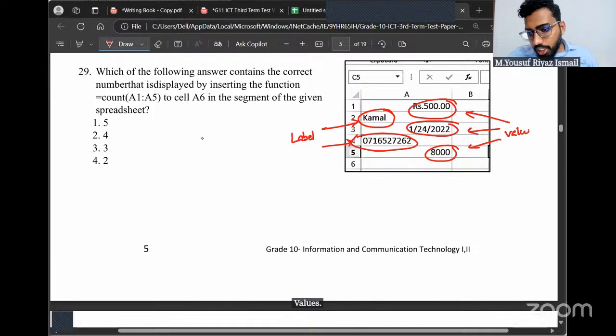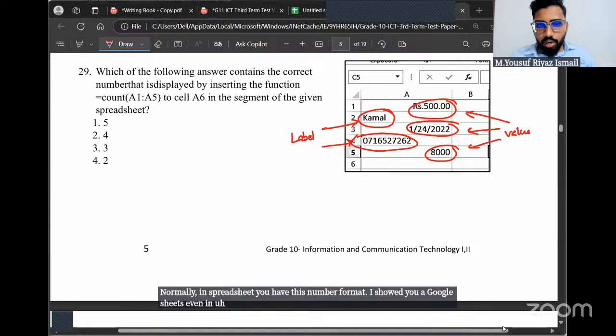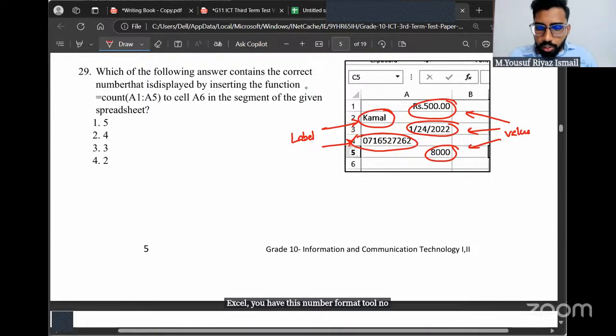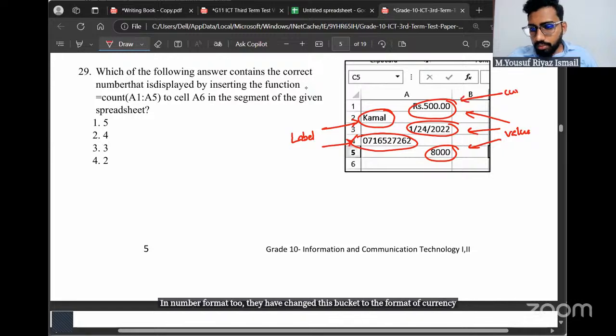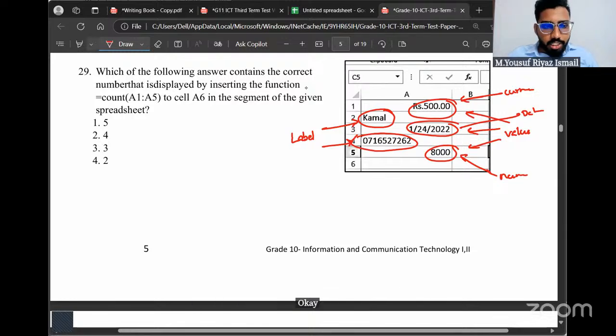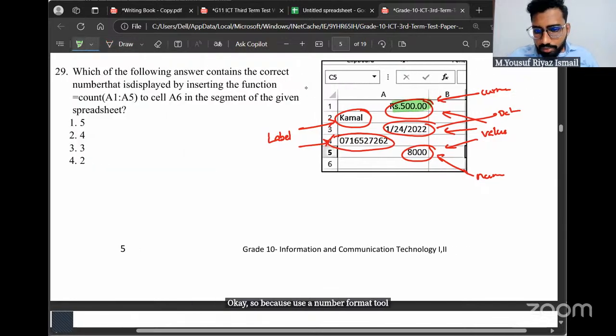Normally in a spreadsheet, you have this number format. I showed you Google Sheets, but even in Excel you have this number format tool. Using the number format tool, they have changed this one to the format of currency, this one to the format of date time, and this one to the format of number. So they have modified these values.